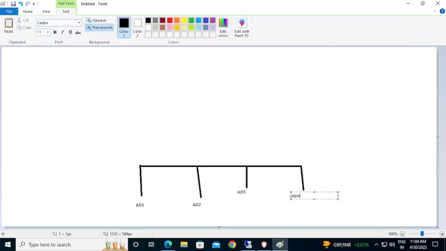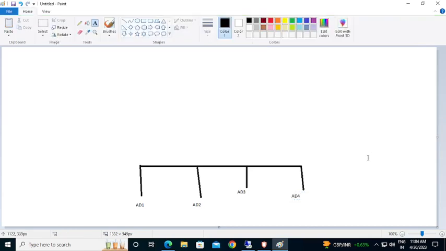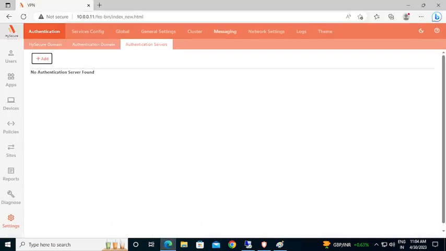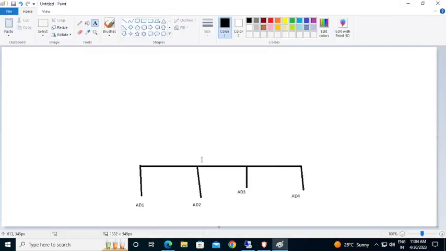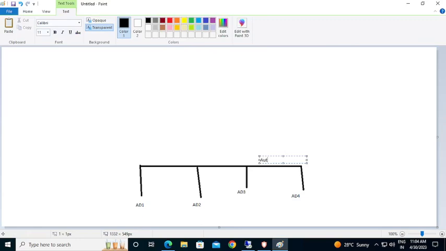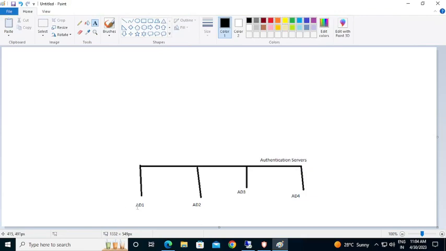So I have the option to add multiple Active Directory servers, and this particular section where we are right now is the Authentication Server tab. So in the authentication server section, I can add multiple Active Directories over here,